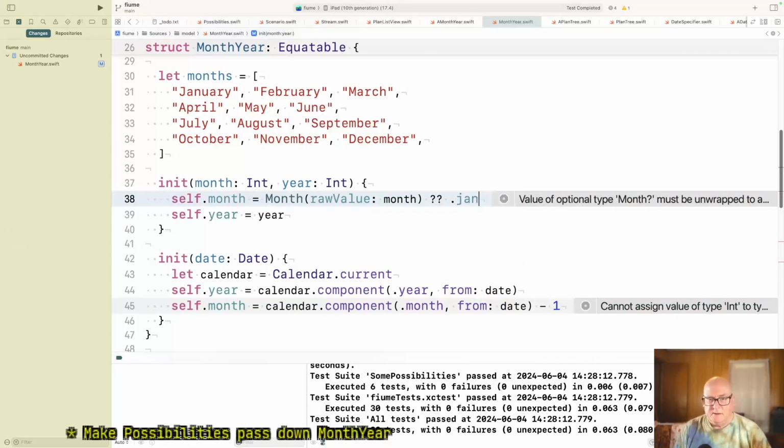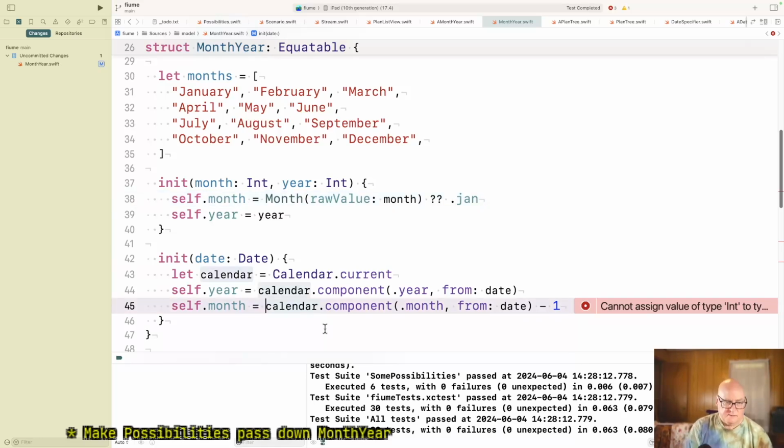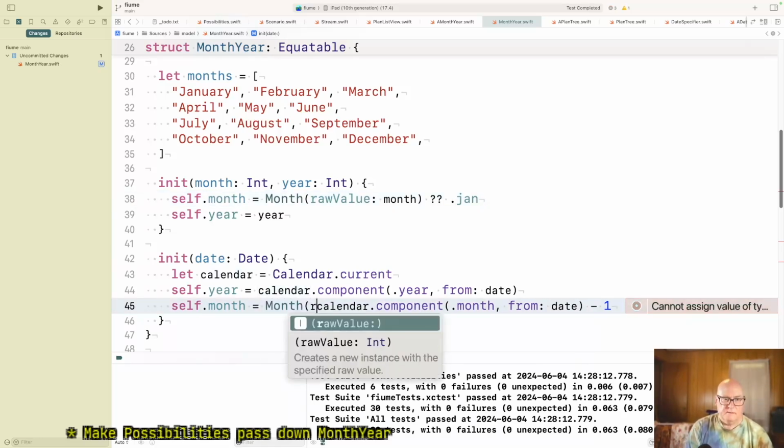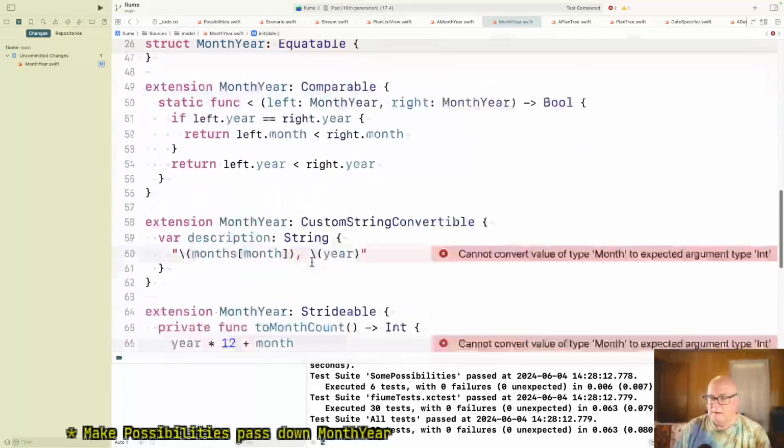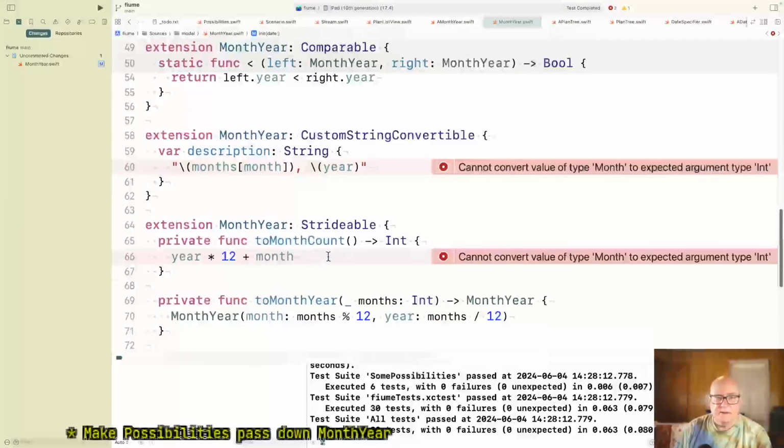Otherwise January. Okay. Now self.month equals